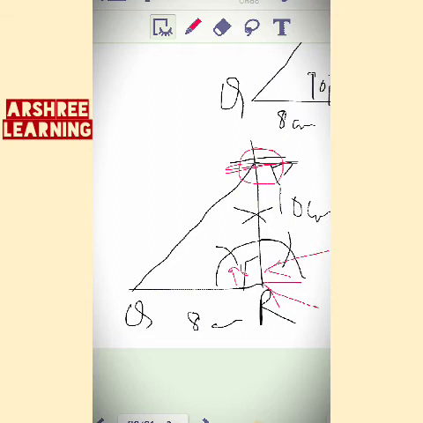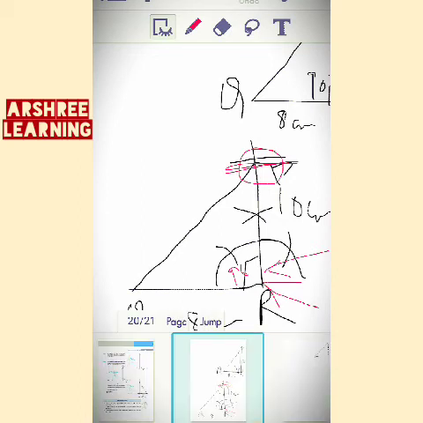After that you will write the steps: draw a line QR equal to 8 centimeter, construct angle R equal to 90, and then from R you can write cut arc RP equal to 10 centimeter, and next step you can write join QP. When you join QP, triangle PQR is made where the angle is 90 degree. This is how the construction will be done. So this is how we make the figure.